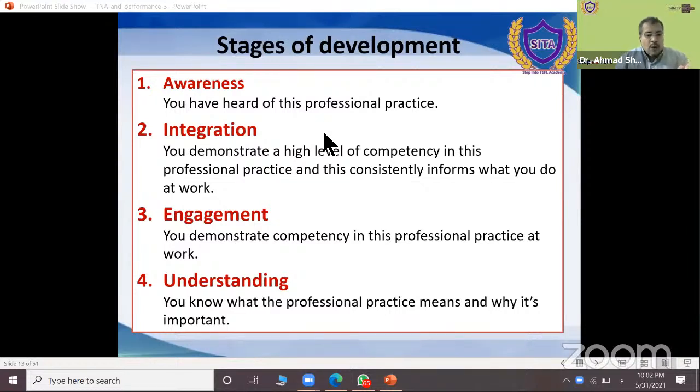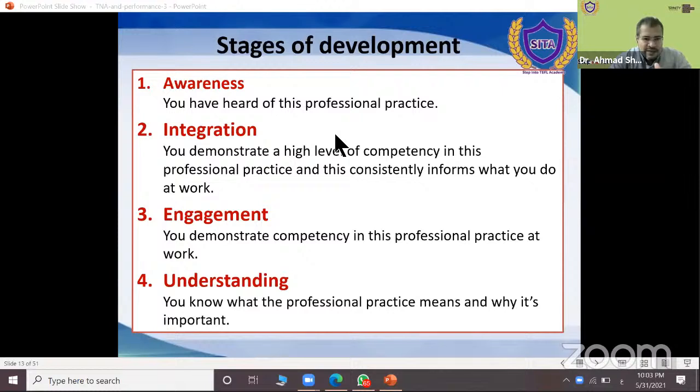Understanding, you know what the professional practice means and why it is important. Now you become some sort of expert.